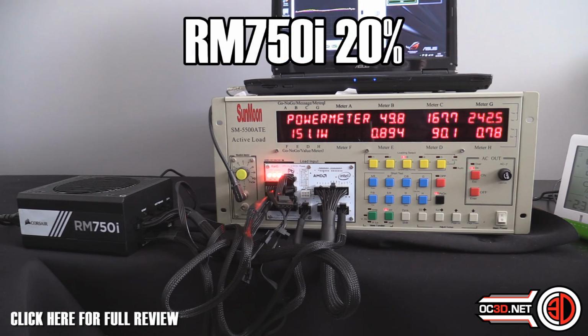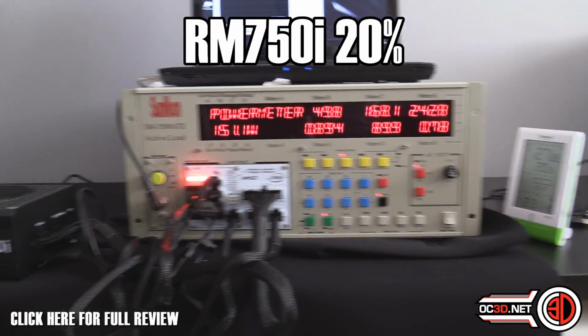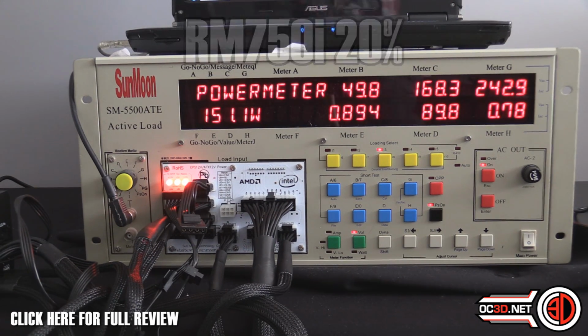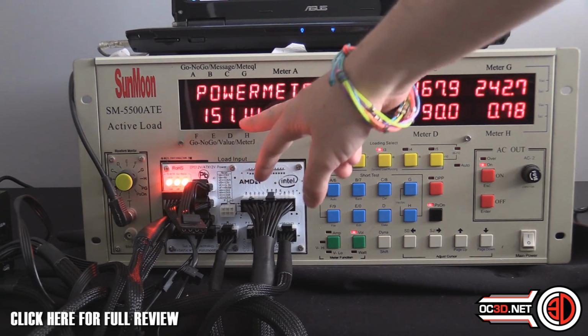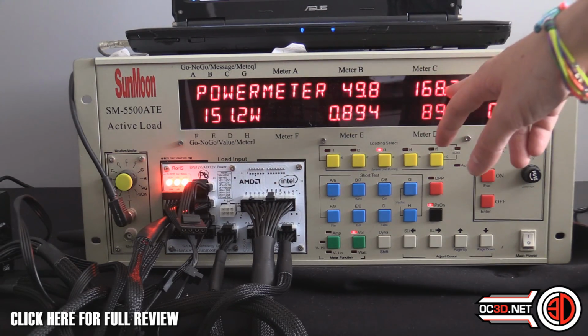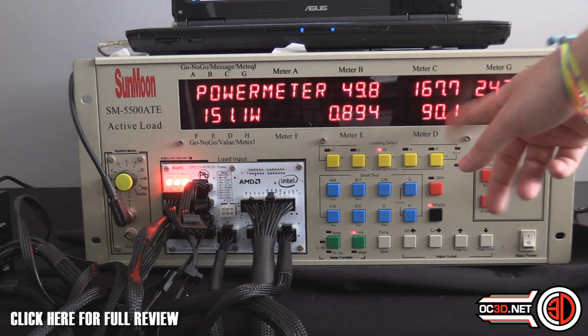Okay, so moving on to the 750 watt version. Maybe I should have done that one first, but never mind. First of all, we've set up our 20%, our 50% and our 100% again. So 20% on this one is 150 watts. You can see here 150 watts, which is being pulled from the unit, 167.9, oh, 180.3, there we go, from the wall. But you can see that we've got here,